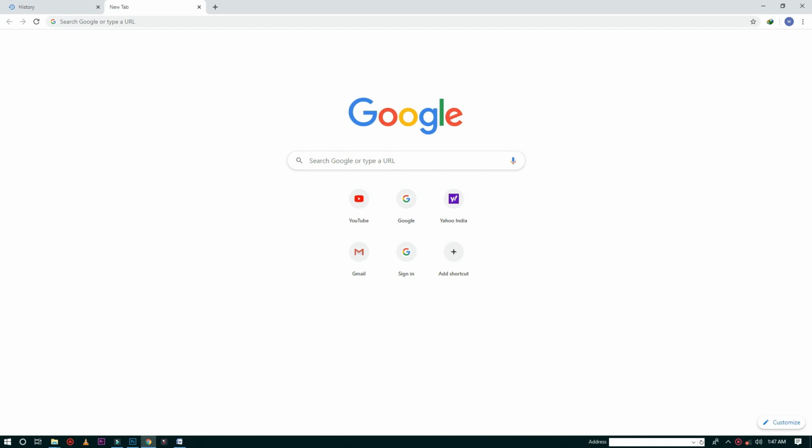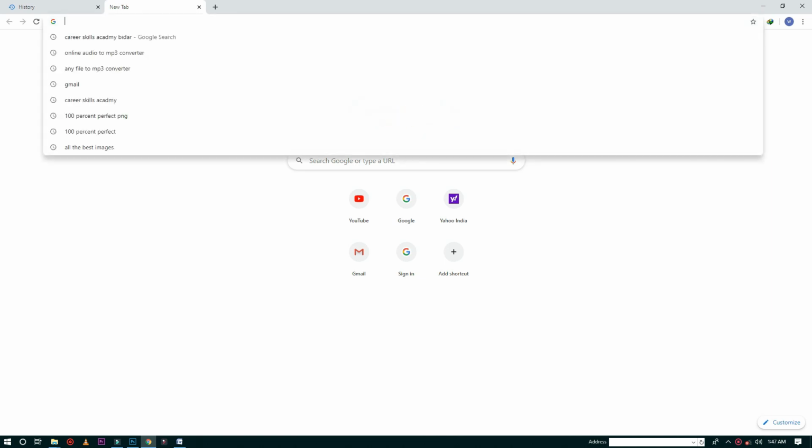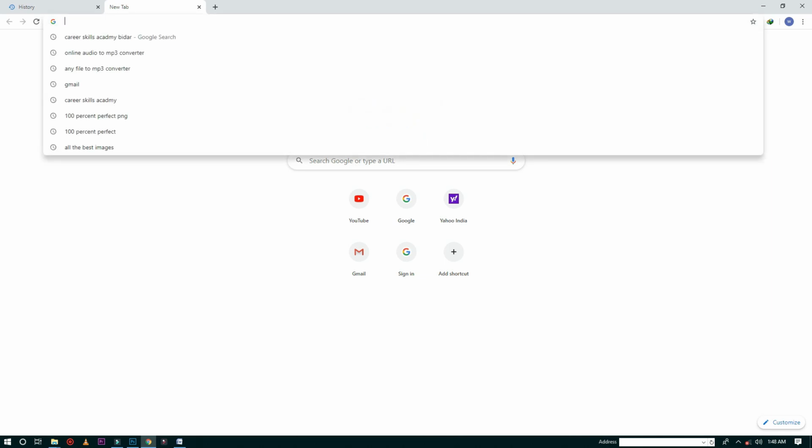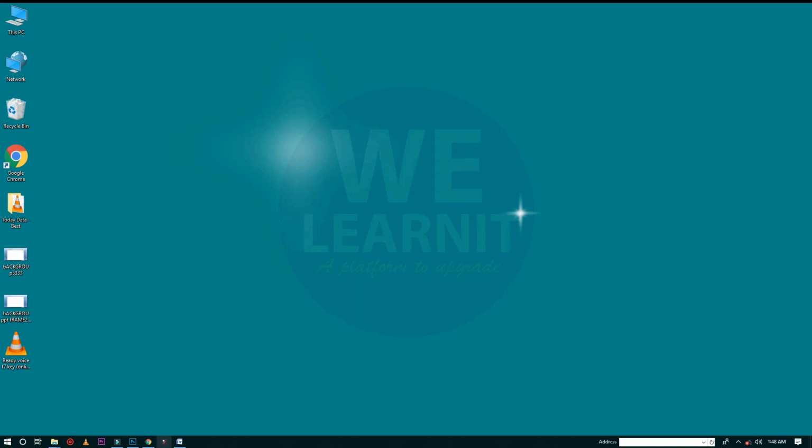So friends, again we are with Google Chrome. Now we use Control L or Alt D to go to the URL. The URL is something over here. This part is known as the URL, where we can type a particular website address. So let's see. I press Control L on the keyboard. So you can see the URL has been highlighted. It means I can type whichever website I want to go to.